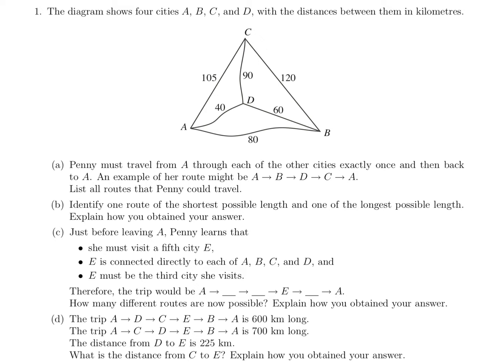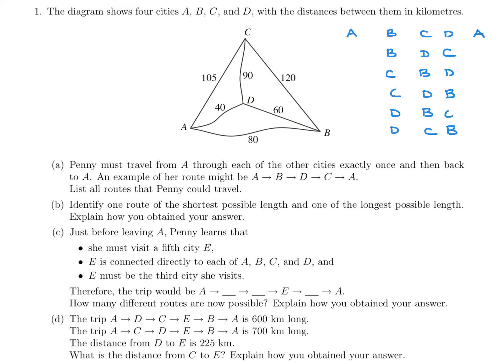So basically, Penny is going from A back to A, but then she's got to go through B, C, and D. So you just list them. Really, it's not that complicated. You can have B and then CD, or B and then DC. Or the next city could be C and then BD, C and DB. Or the next city after A could be D, then you're left with BC or CB. And then you fill in the A's. And these are basically the only ones. So there's six